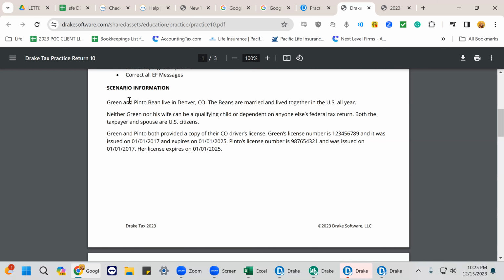Read this scenario as well. Victoria, please. Scenario information: Green and Pinto Beans live in Denver, Colorado. The Beans are married and live together in the U.S. all year. Neither Green nor his wife can be a qualified child dependent on anyone else's federal tax return. Both the taxpayer and spouse are U.S. citizens. Green and Pinto both provide a copy of their